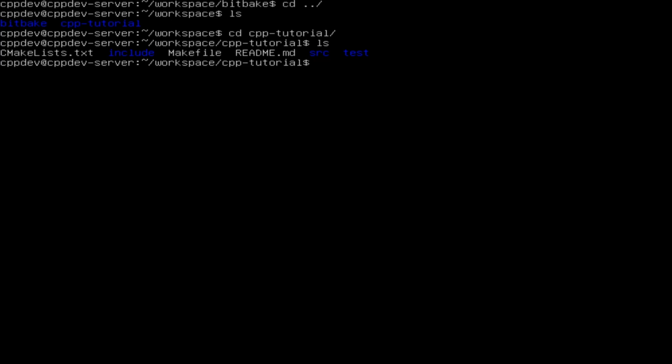But for this tutorial we are going to add the configuration of Bitbake in our own repository, so we always have it when we want to build using Bitbake.